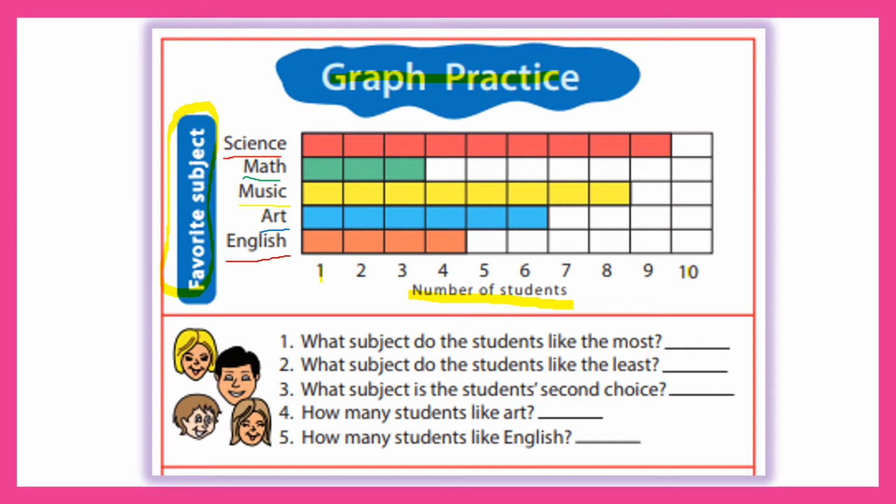So that means this box right here is for one student. This box means 2 students like that subject. If it's colored all the way up to 3 boxes, that means 3 students like the subject, and so on, all the way up to 4, 5. Okay, so let me erase that. I want it to be a little bit neater here, so let's try this. All right, so